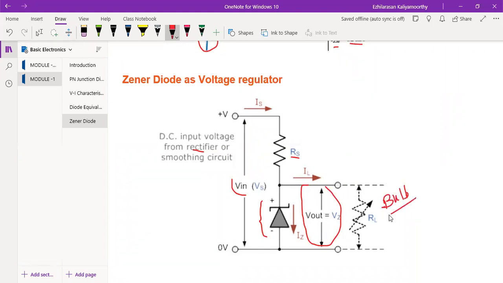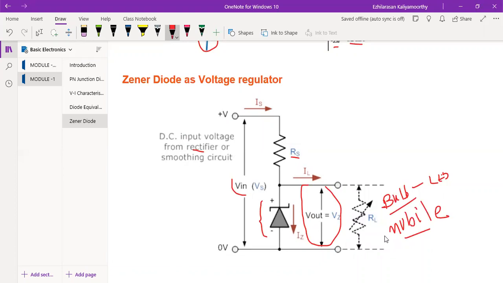For example, any bulb, or you can say an LED bulb, or anything which is going to use our power supply. You can say a charger also. The output is a charger, or the load is your mobile. I can say mobile, for example, because a mobile only needs a very low voltage. So I'll say the load can be a mobile also.